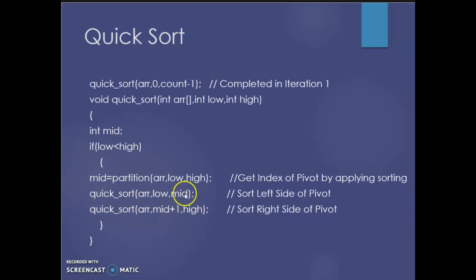Firstly we will apply quicksort, and again it will recursively call this partition algorithm on all elements on the left side, and after left side sorting is completed, we will move back to the right side of the pivot element's mid value, and after that we will apply sorting on the right side. Moving on,